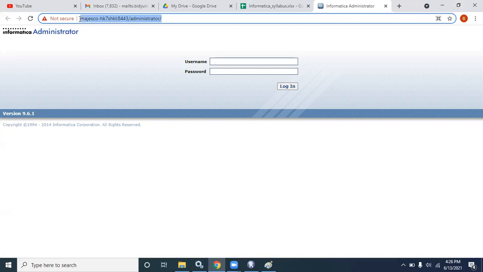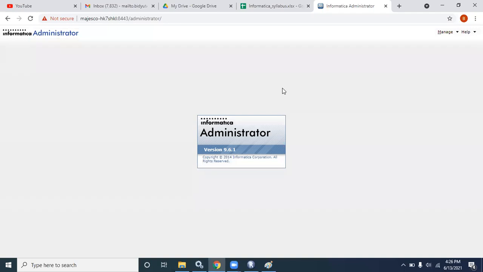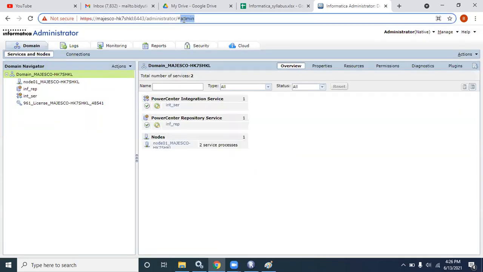Everyone can see the web URL, right? When installing, I give the username as administrator and a password. You can give any password, but in my case I give everything as administrator. Once I click login, it logs in automatically. It is browser based.